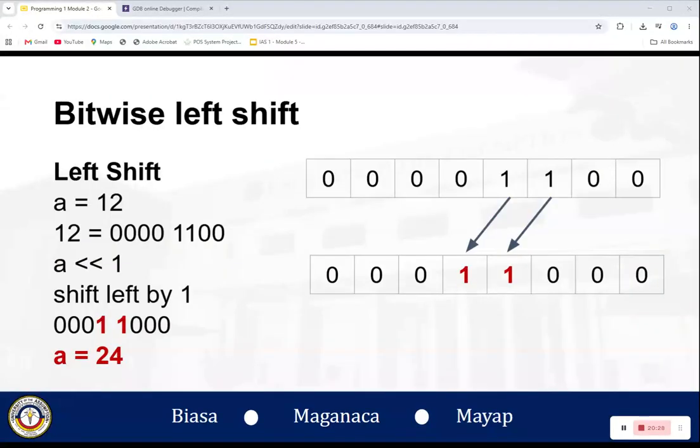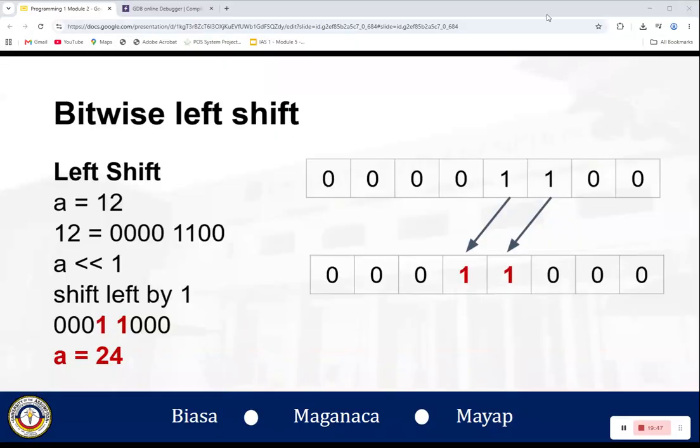Say we start with the number 12. In an 8-bit binary format, 12 is represented as 0000 1100. So when we run a bitwise left shift by 1, we are telling C++ to shift all the bits one position to the left.